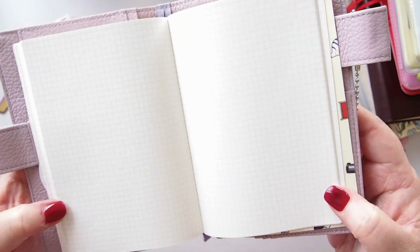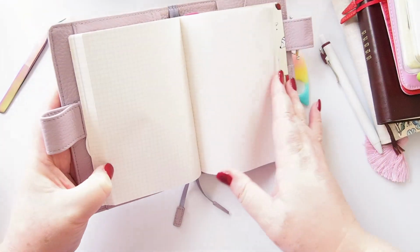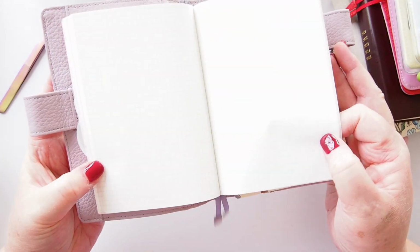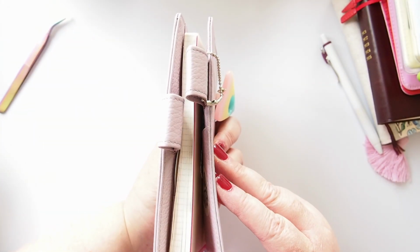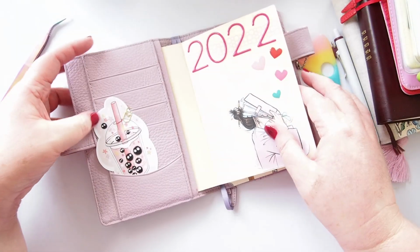This is a Hobonichi Notebook, not a planner, so it's just grid pages. The grid page colours change, so here at the back it's purple. I don't know if you can pick that up on camera, but that's purple. And then we have a green section. We have a blue section, and then the front is a red section. So you can kind of section off your areas that you want to note in here if you wanted to. I don't. Mine is just simply there for me to